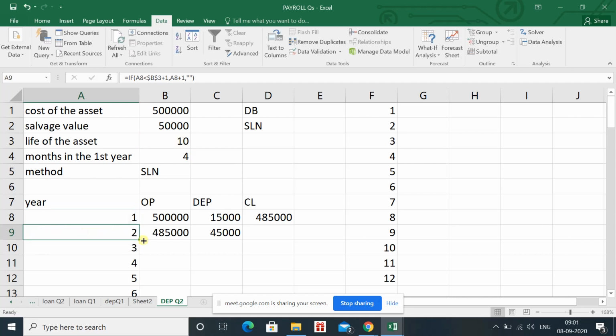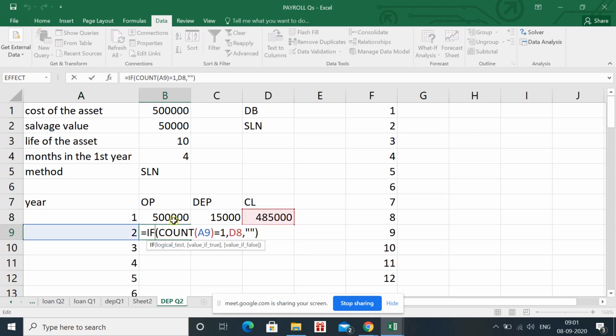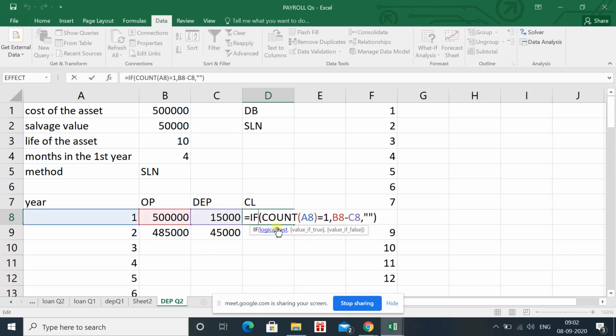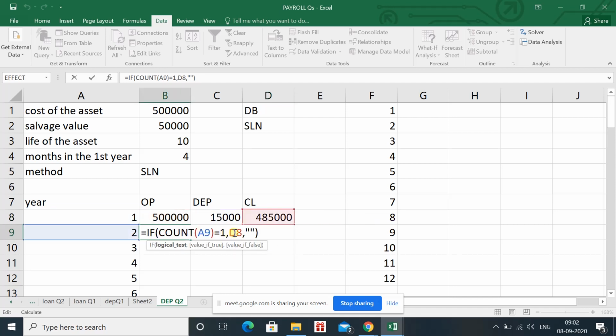Okay, ईयर का फॉर्मूला हमने कर लिया है. We have discussed the formula in the opening balance of first year and second year. We have discussed the formula for the closing balance of the first year, and you will drag it and you will not fix. You can see that I have not fixed the opening and closing because when I want to drag it for the next cell I want B9 C9, next B10 C10, so उसको फिक्स नहीं करना है यहाँ पे. In this case also you can see I haven't fixed anything. So make sure जो चीज़ें फिक्स करनी है वही फिक्स करो, और कुछ गलत फिक्स कर दोगे then you will not get the exact answer.